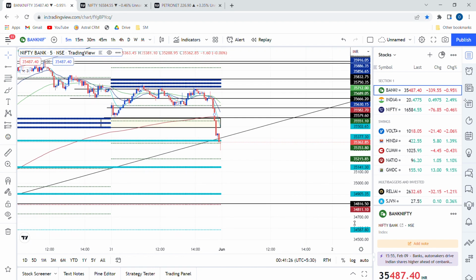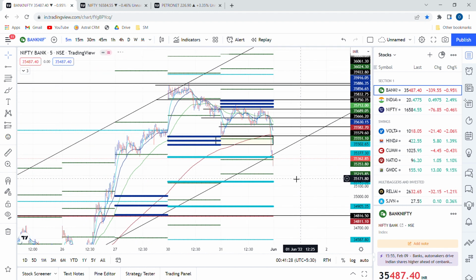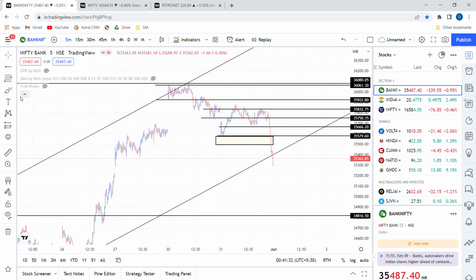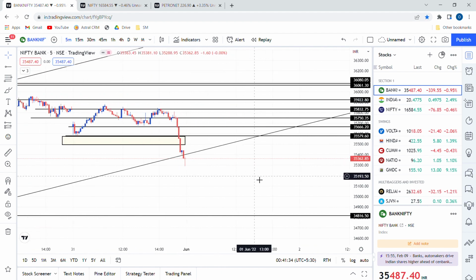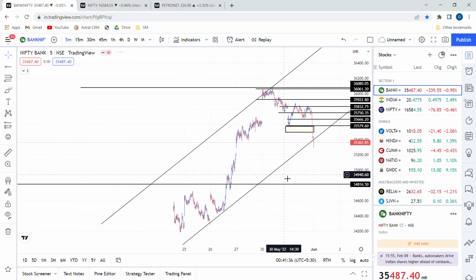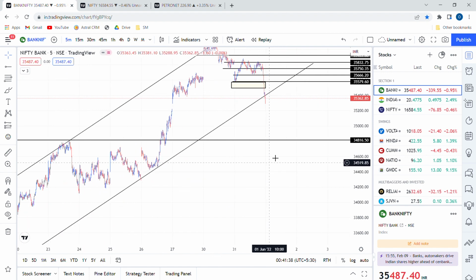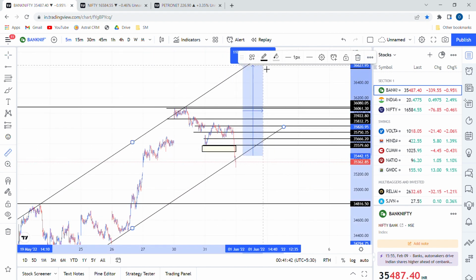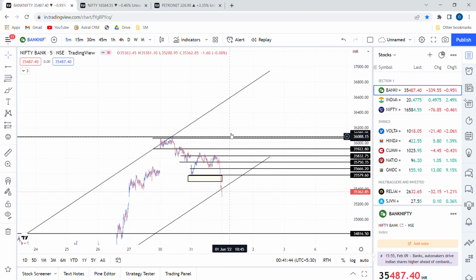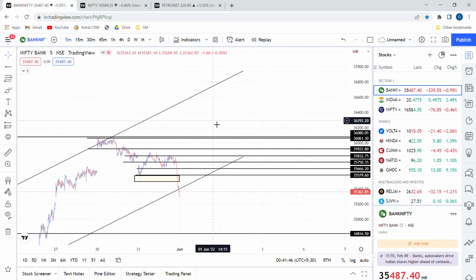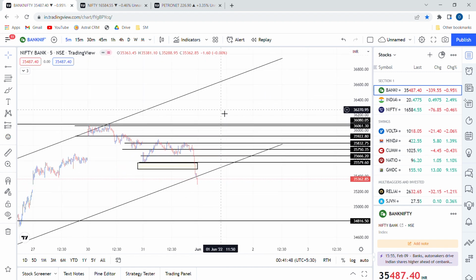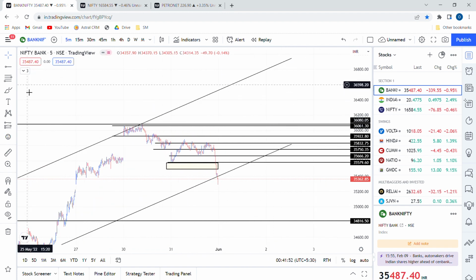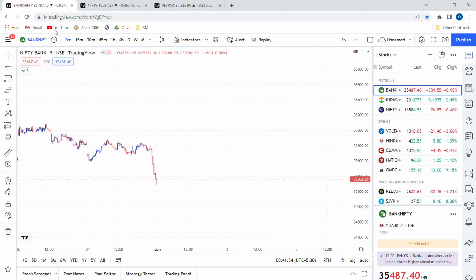And now, as we can see in the channel, the market is back to a very strong level from where it can rally upwards, like here, if this channel continues or doesn't lose its strength. So the levels for tomorrow that we would be looking at would be these levels.